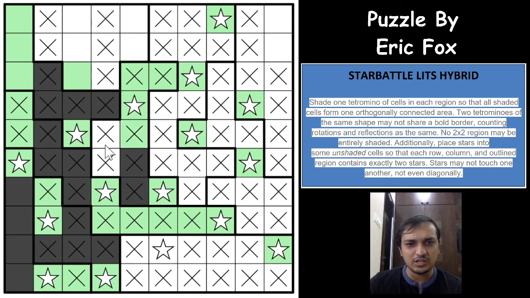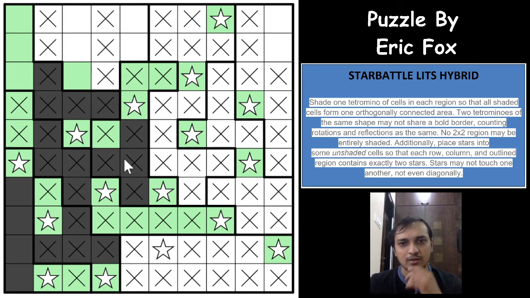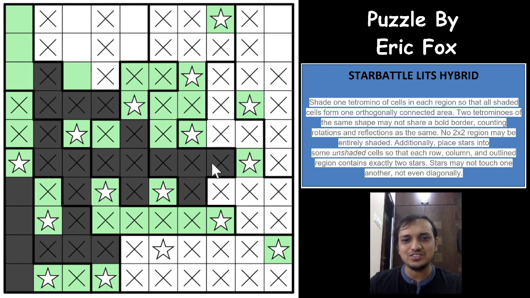If you eliminate this cell, it becomes a Z again, and if you take this cell, it would be an L again. You already have an L here, so it means that it is a T here, and this cannot be a tetromino. You will form a 2 by 2 group. Same way this, same way this. And now if you have these 4 cells as tetromino, you again form a T here. Superb. What an excellent logic.